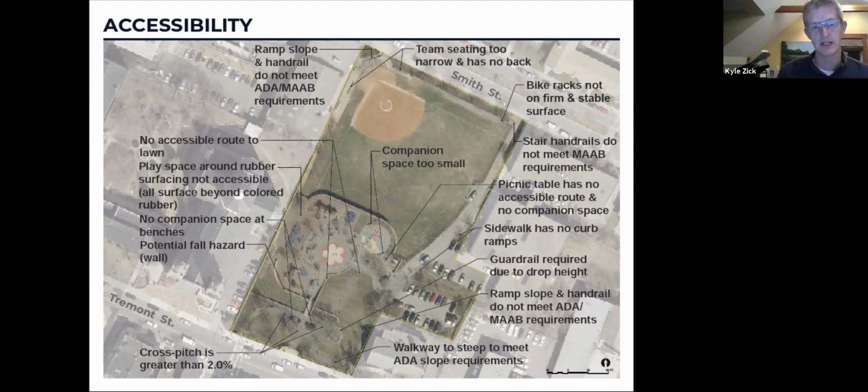That's not a surprise to us because ADA just celebrated an anniversary, but it's still not that old. It came in the early 90s, or 1990 actually. So parks that had a major renovation prior to that typically don't comply with a lot of these. And the building code with respect to handrails and ramp railings has changed quite a bit over the years. So that's not a surprise to us either. But a comprehensive project like this will address these kinds of issues because as soon as we start to do a project of this magnitude, we have to bring it all up to code.